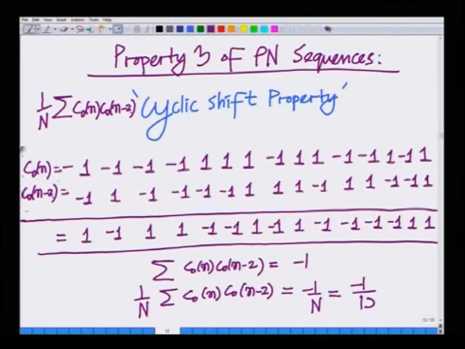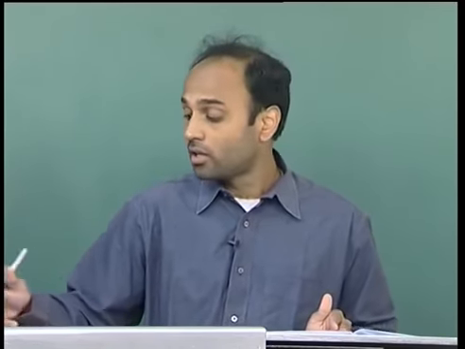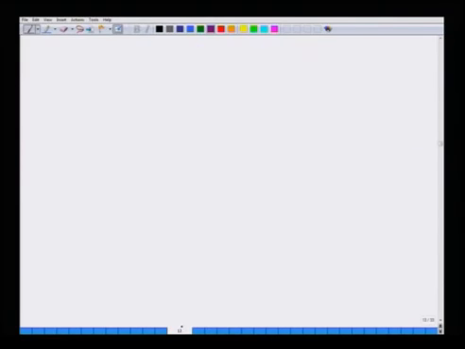So, that correlation is minus 1 over 15, and you will find this is not unique to a shift by 2. If I take any shift other than the trivial shift, which is 0, 0 is no shift, so if I take any finite shift, that is 1, 2, or even if I shift to the left, if I take minus 1, minus 2 and I compute the correlation, it will exactly be minus 1 over 15. So, the shift property states that the correlation for any shift other than